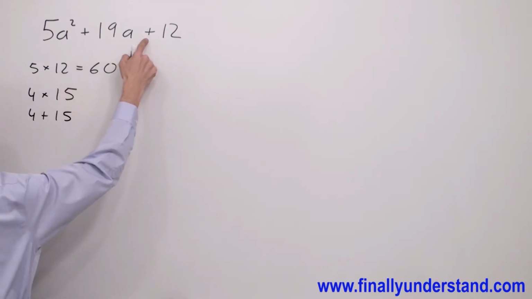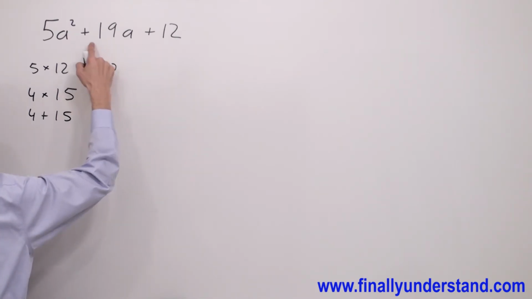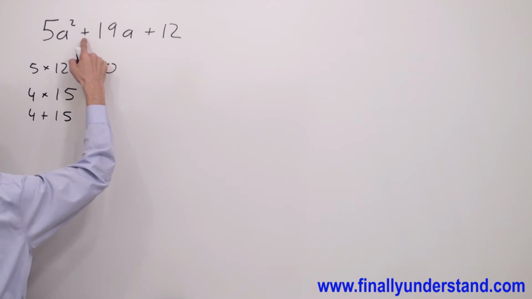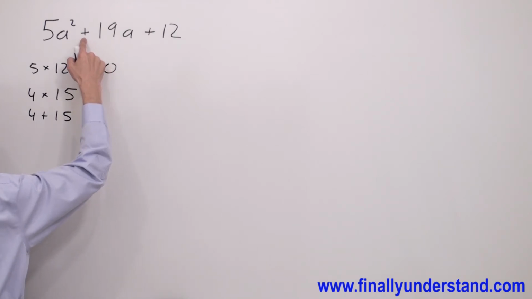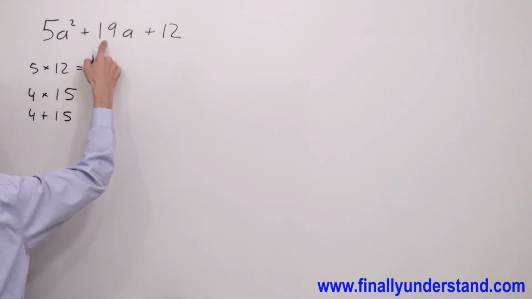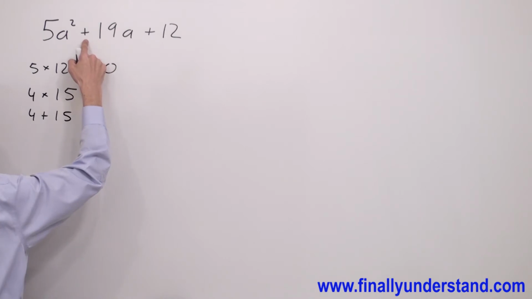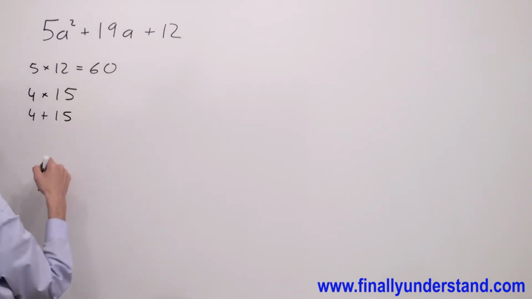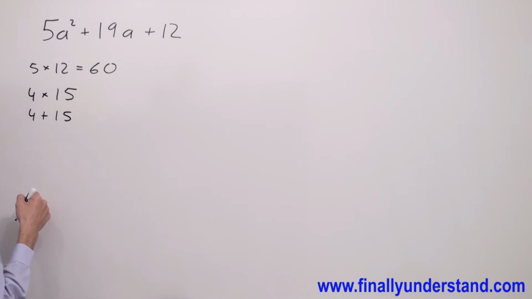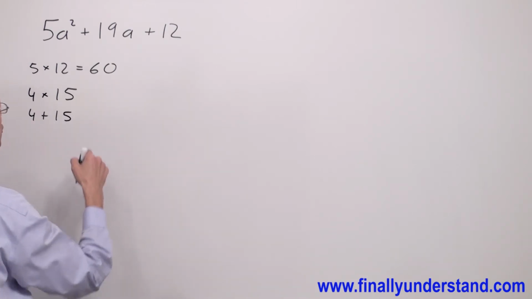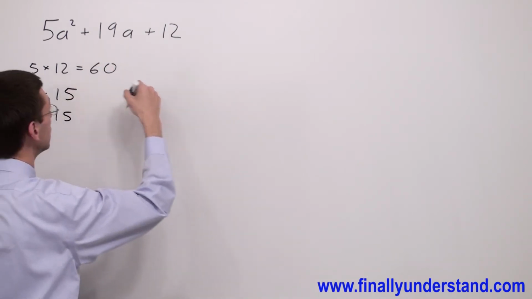Remember, this positive sign is telling me that all signs in the factors are going to be the same, and because the sign next to the second term is positive, both signs in my integers are going to be positive. Next, I'm supposed to rewrite this trinomial